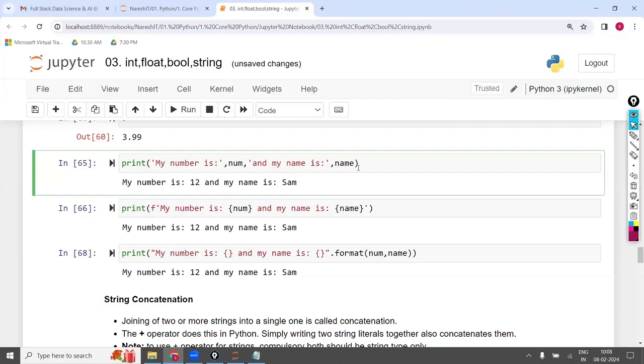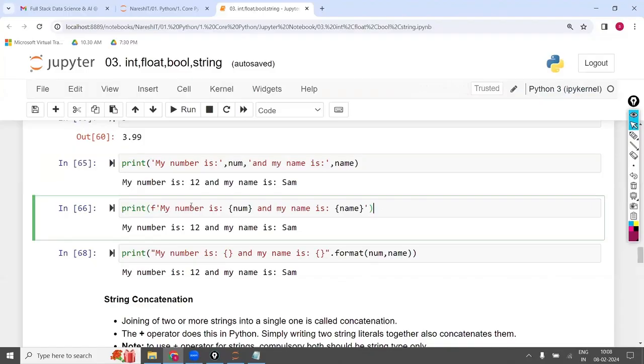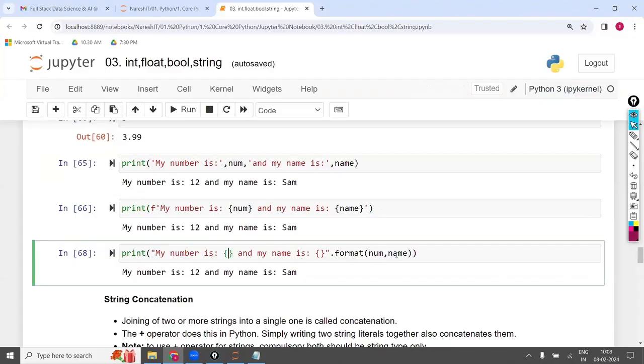In the last class we have discussed, right? In the print, what are the options? So first you are printing the first value and variable, second value and variable. Now when you come to this point, here you are using the F string. F string means you are going to fill the num with 12 and name with Sam. In the third option, the empty curly brackets, in the first curly brackets you are going to fill the num. In the second curly brackets, you are going to print the name. Three options are same. Out of which one we have to use, sir, miss?